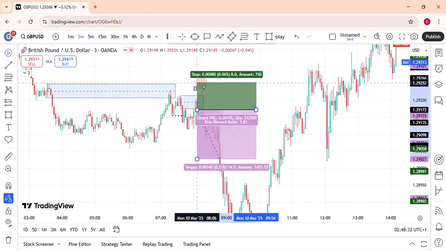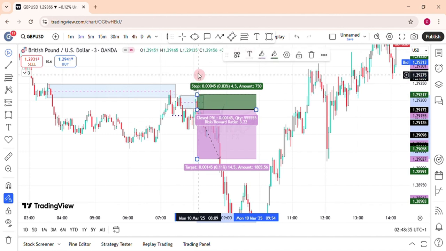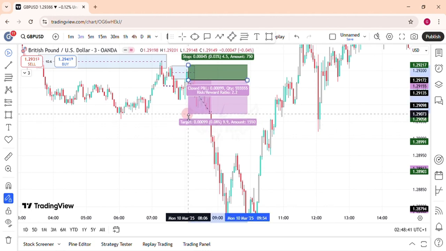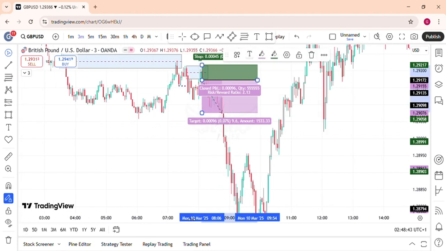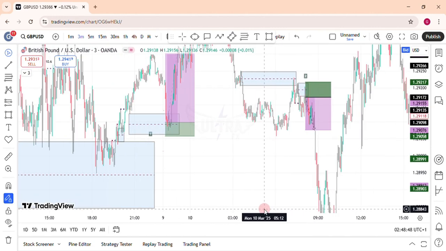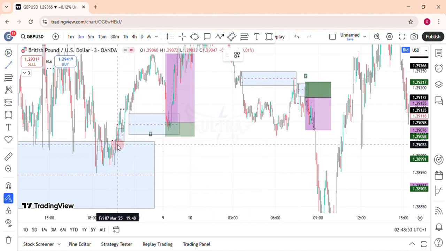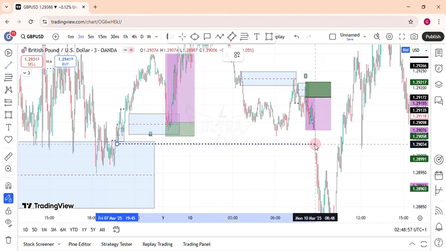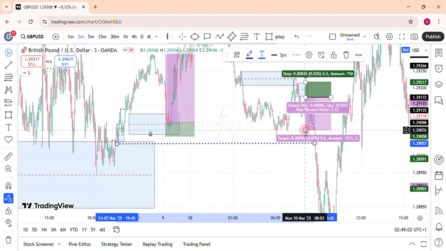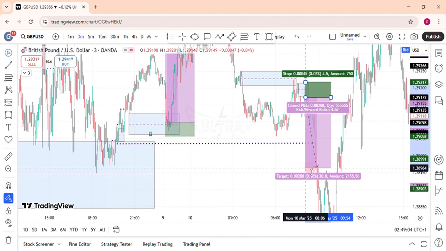So this is our stop loss right above the high that created that fair value gap, and our take profit should be here at the end of that very low, or you can take your profit at the start of a fair value gap here. You can see a fair value gap right here, so it's better you take your profit here. Take your profits here or here at the end of that low.